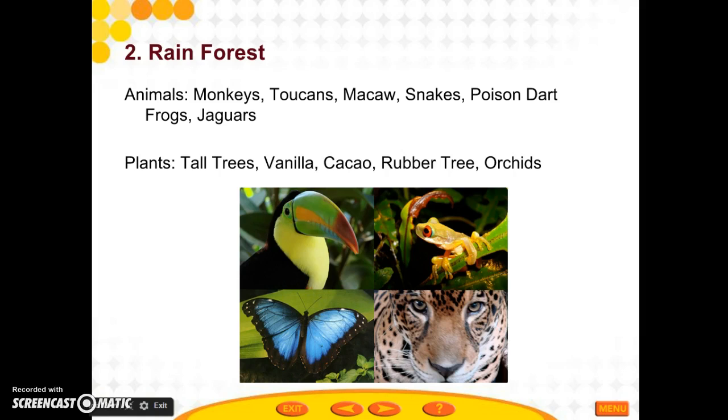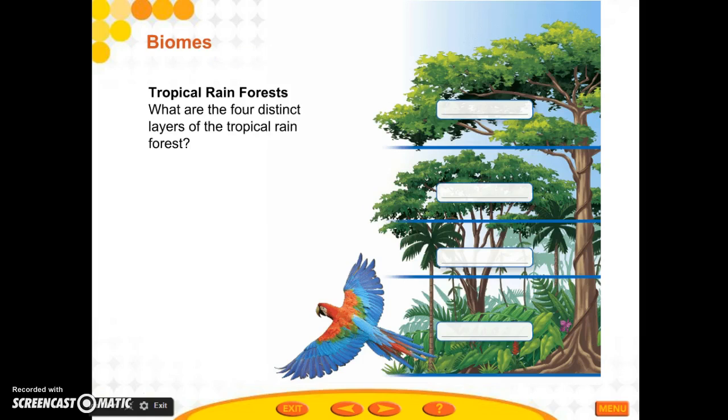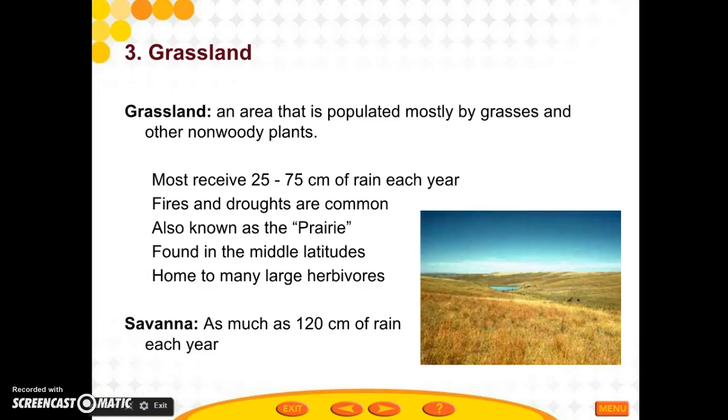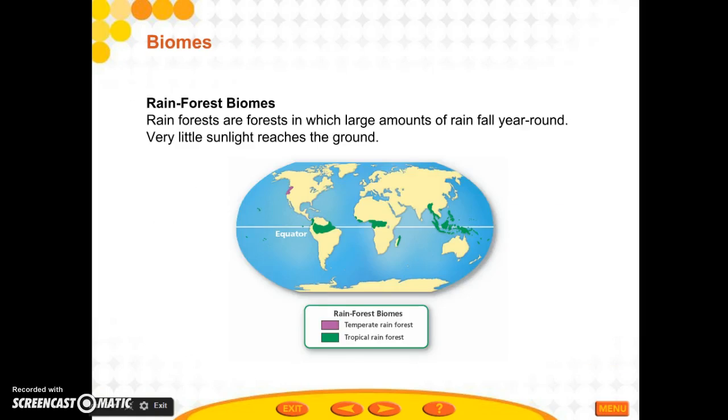That butterfly is a blue morpho butterfly. Awesome adaptation, looks like the sky. There are going to be 4 main levels in a rainforest. You will not be tested over them, but remember when we talked about limiting factors at the beginning of this chapter, we talked about the trees in the rainforest growing taller and taller. This is going to be the canopy of the rainforest. Look at how tall that tree is. It's just amazing. It went rogue.